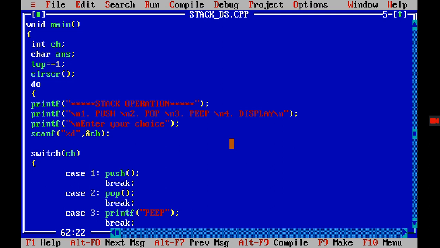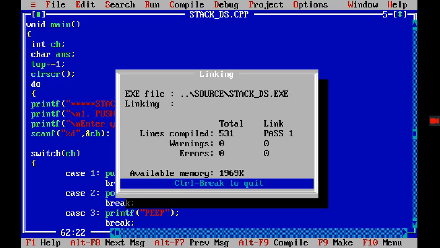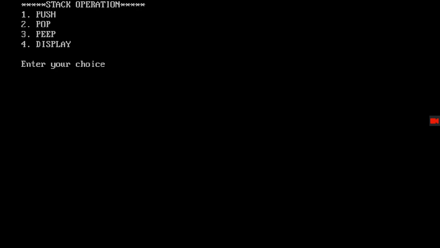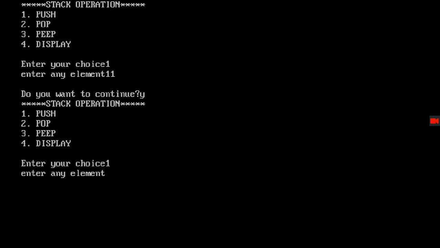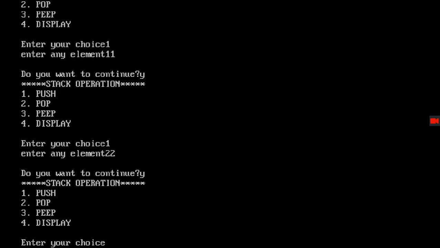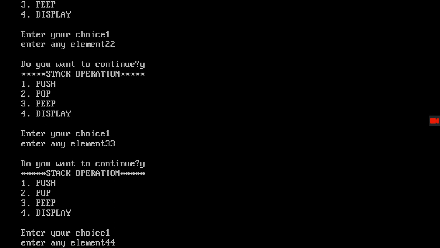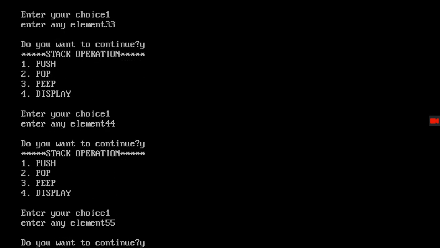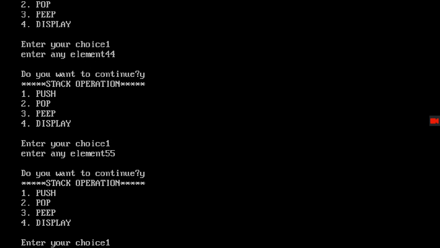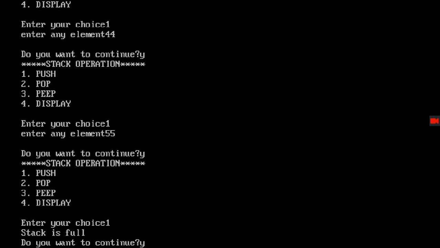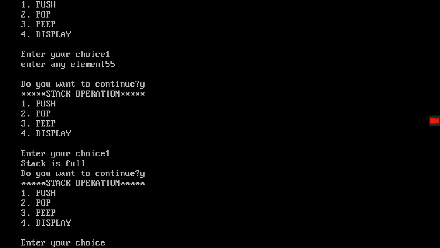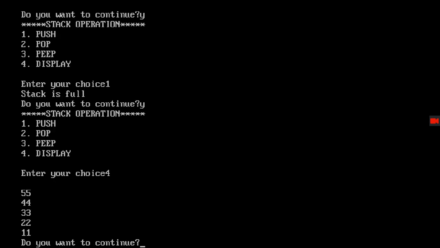So again, I'll enter 5 elements. Yes. Now if I want to add more, stack is full. Do you want to continue? Yes. And then if I display, 55, 44, 33, 22 and 11.